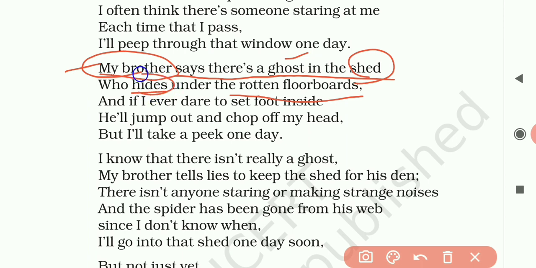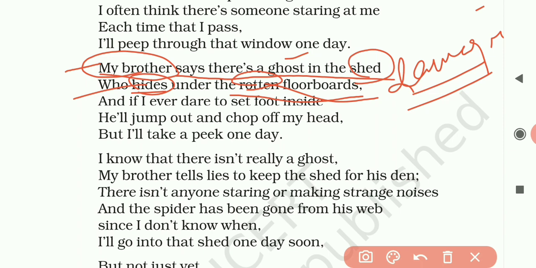Hides मतलब छिपना. Hide मतलब क्या है? छिपना. He hides under the rotten floorboards. जो floorboards हैं, okay, floor का जो boards हैं, उस फ्लोर के बोर्ड्स के नीचे में rotten floorboards मतलब जो सड़ गया है. Rotten means what do you know? Damaged. Rotten means